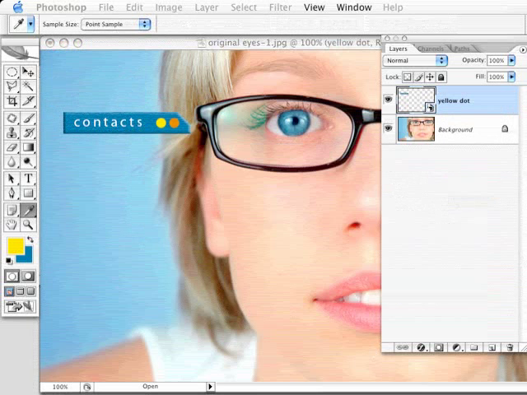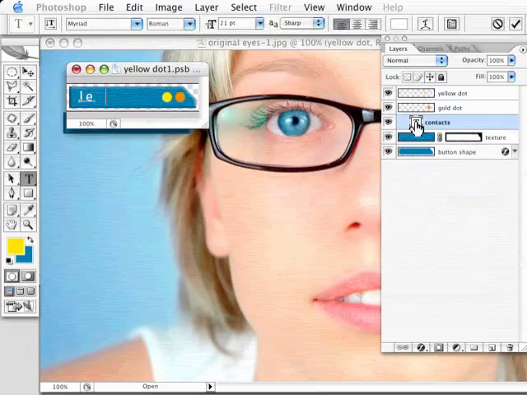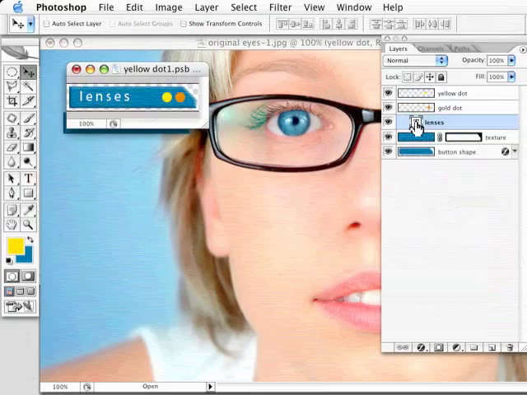In this case it has a missing profile, but that's not a big thing. So basically it opens a different version. It's not the same document I had before, but it has all the information. So my original is still saved away, the original one where I started making this button, but here's all the information that I created. So if I realize that this really was supposed to be called lenses, not contacts, then I simply make that change, I save it,